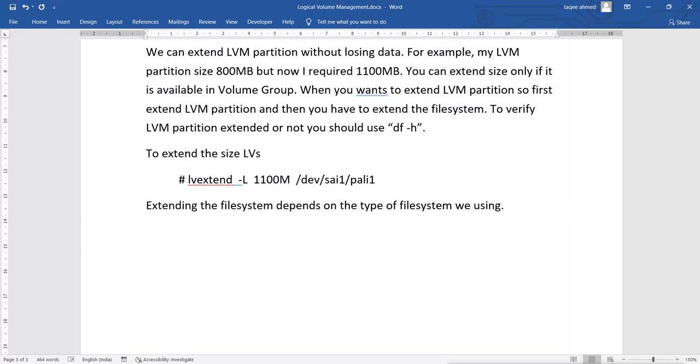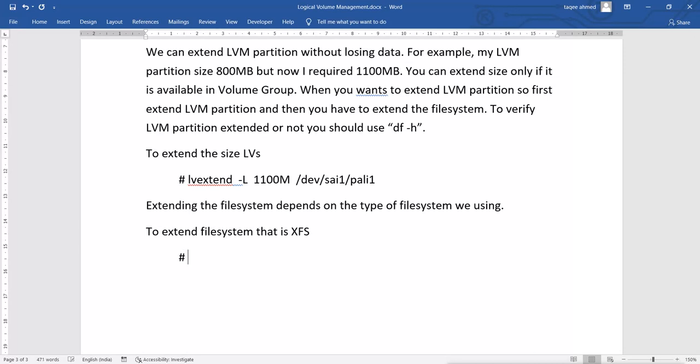So for extending the file system, we use the command for XFS. Right now we are extending the file system, and the one we are using here is XFS. So in our case right now, it is XFS.